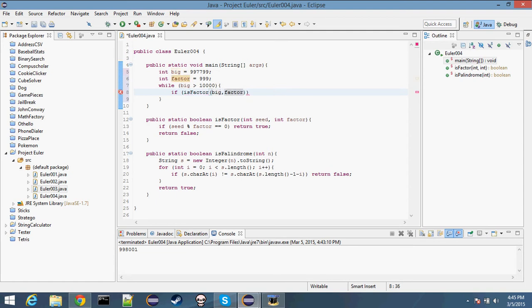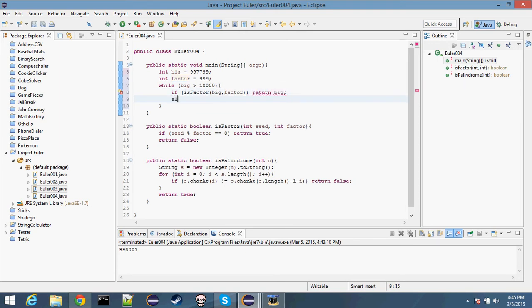So if factor can go into big evenly, return big because we want the palindrome. Else,